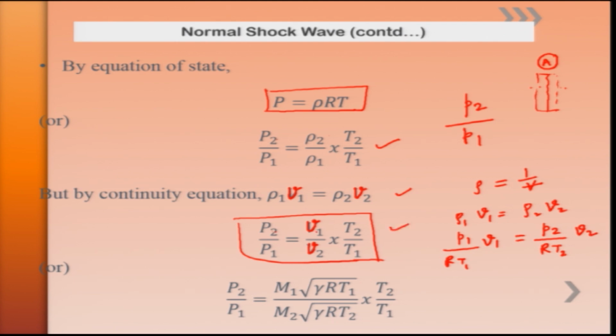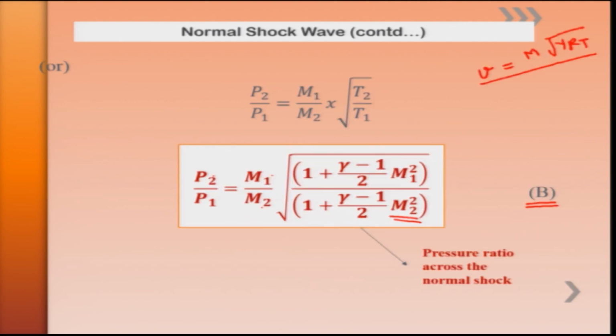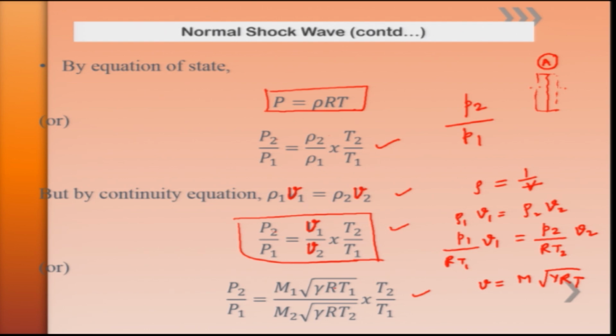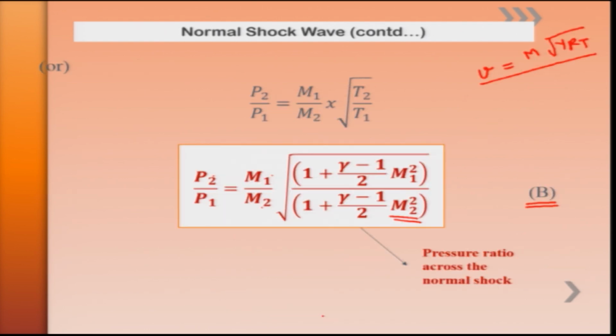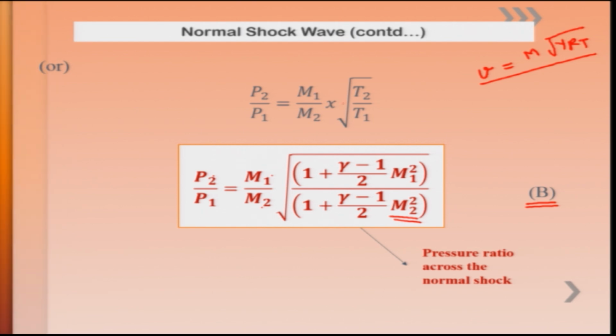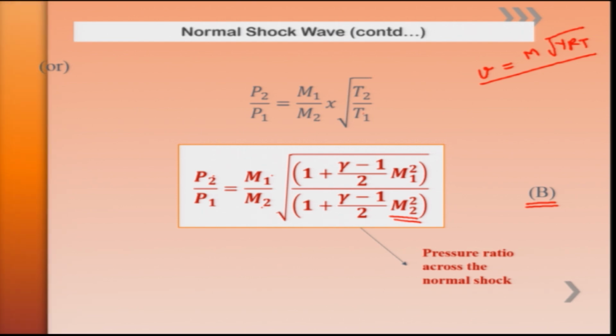Now since velocity can be written further as Mach number times square root of gamma RT, P2 by P1 on both upstream and downstream side can be written as this. And using this further, we can strike out the gamma into R, a constant term. We will lead to the final expression as P2 by P1 is equal to M1 by M2 multiplied by square root of T2 by T1, and hence again using the T2 by T1 expression which we have already developed here from A,